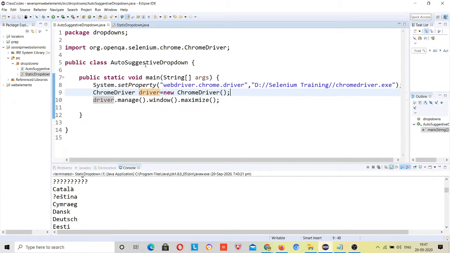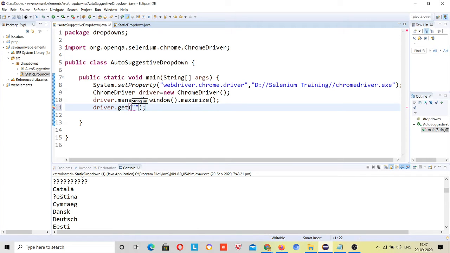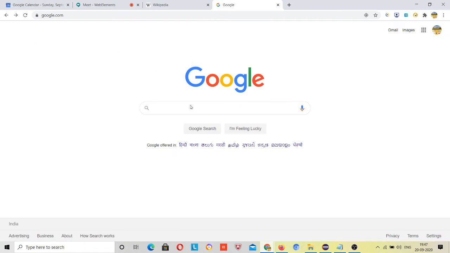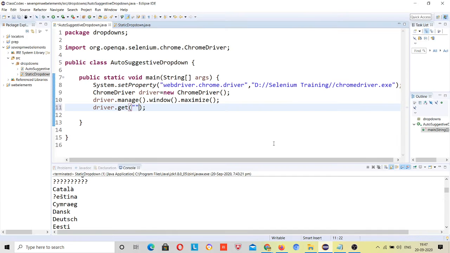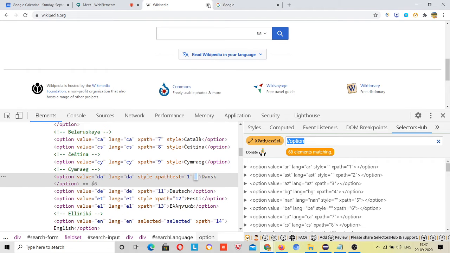Just do that. First we have to do driver dot get and google.com, right? Let's copy this URL, and then I have to type India here.